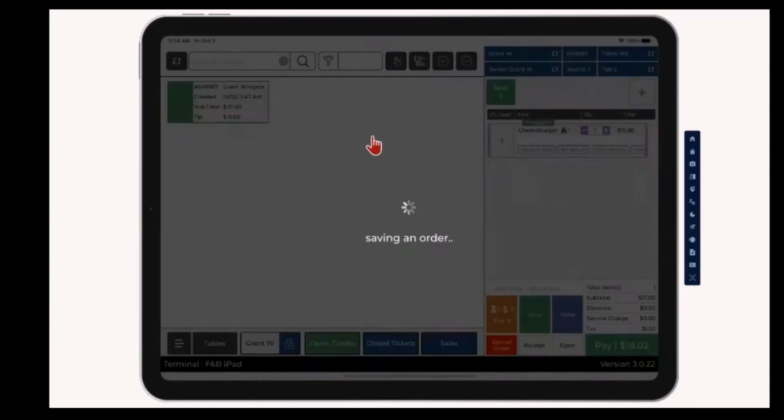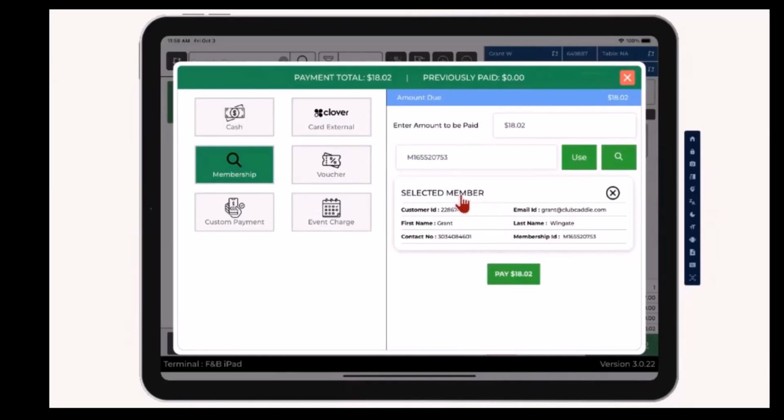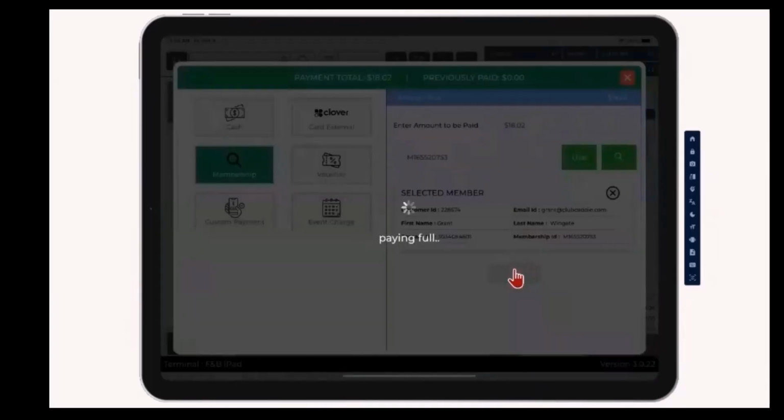So we're going to click on pay. I'm going to charge that to my account. I'm going to click on membership ID. You'll notice that it automatically pulls in a selected member of Grant. If I needed to select a member, I could also change that by going here. If I click on pay,